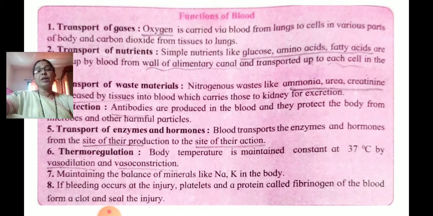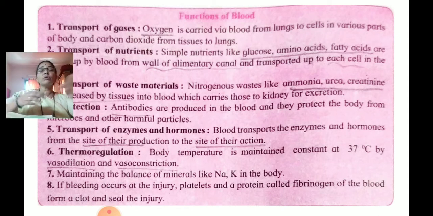If bleeding takes place anywhere in the body, or if there is an injury and blood is flowing out, immediately the blood collects all these platelets and fibrinogen. I have told you, the platelets and fibrinogen, these are the fibers. They come together wherever there is a wound or injury, and they form a network. From that network your wound portion is sealed, and the blood which comes out stops. Your blood gets clotted here. Clotted means it gets blocked.